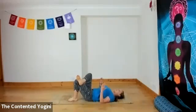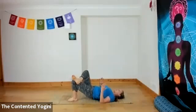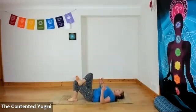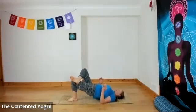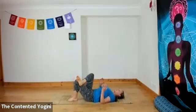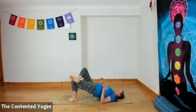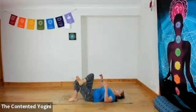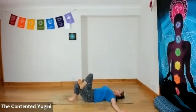Firm the right heel into the floor and breathe in as you lift your hips up, breathe out and lower. So figure 4 bridge, breathing in and up, breathing out and down. Let's do 2 more, breathing in, breathing out. Last one, breathing in, breathing out. Relax the arms wide from the body, keep the feet, the legs where they are, and just gently